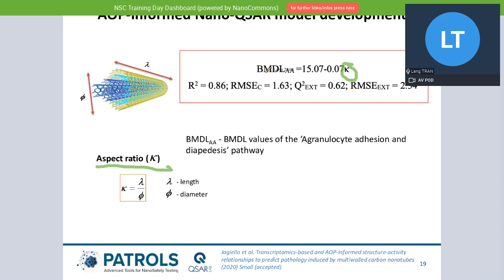Okay, and the benchmark dose here is the value for the agranulocyte adhesion and diapedesis. So that is basically the response. And they got a very good correlation, because the R squared, the goodness of fit, is pretty good.